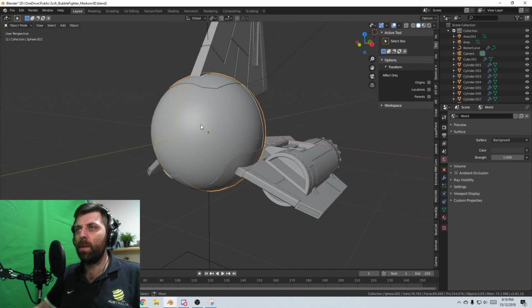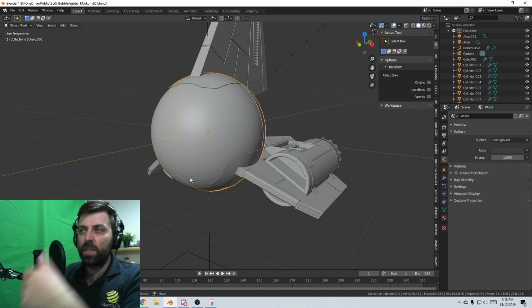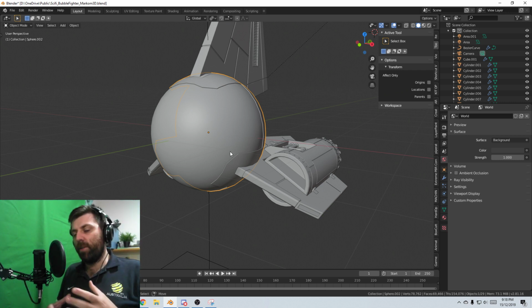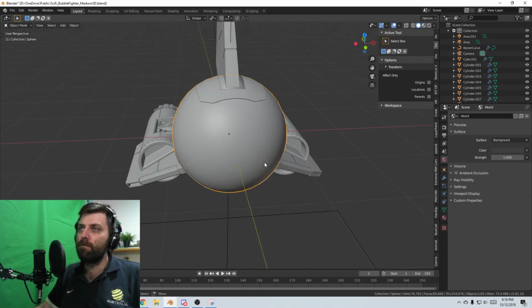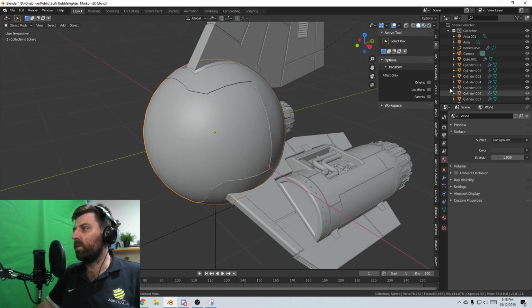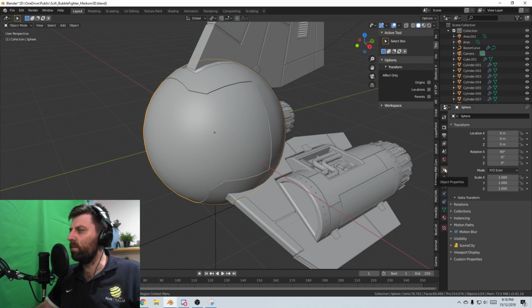I'm trying to work out how to do the insides here. Do I just put a chair in with a whole bunch of control panels around, so it's kind of like those old school helicopters? Let's try that. So what I'm going to do is come into object mode, object properties, and if we go